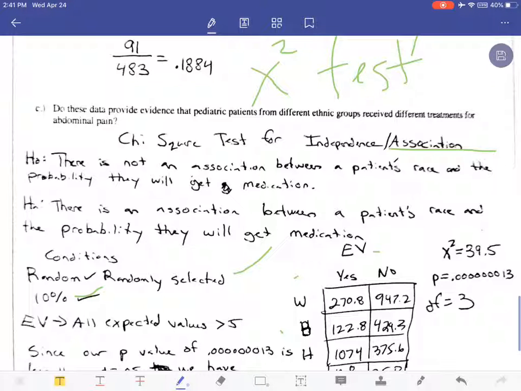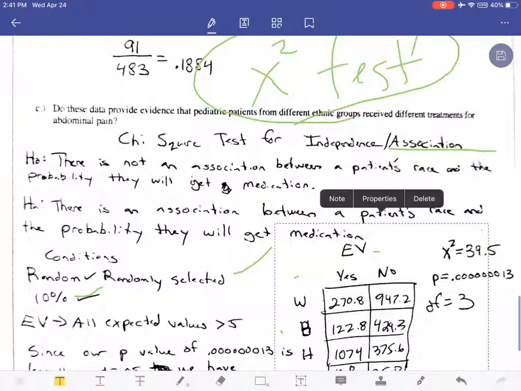For this one, this menu option right here, this is the same as the homogeneity and independence test. So it's exactly the same calculator commands that we did for the last one, even though this is an independence test and the last one was homogeneity. Now, if we move down,